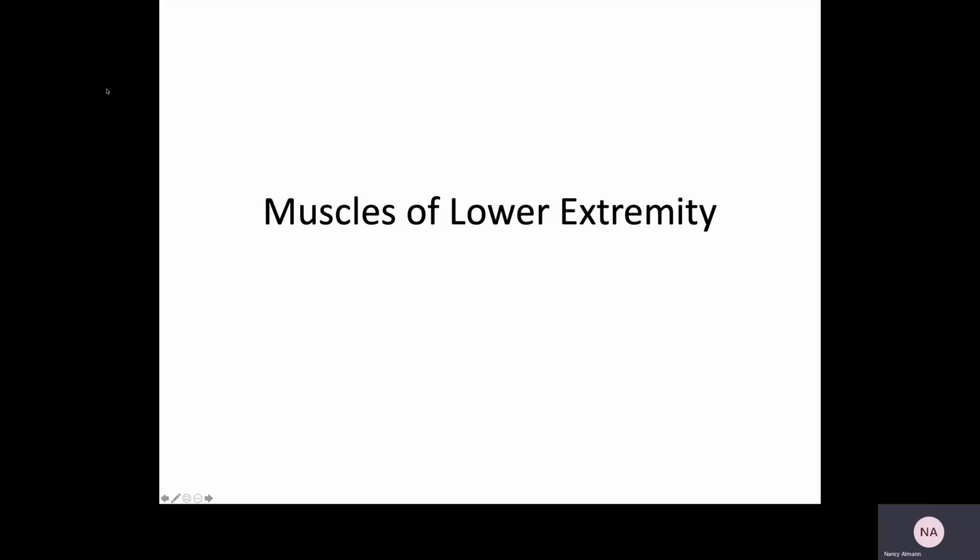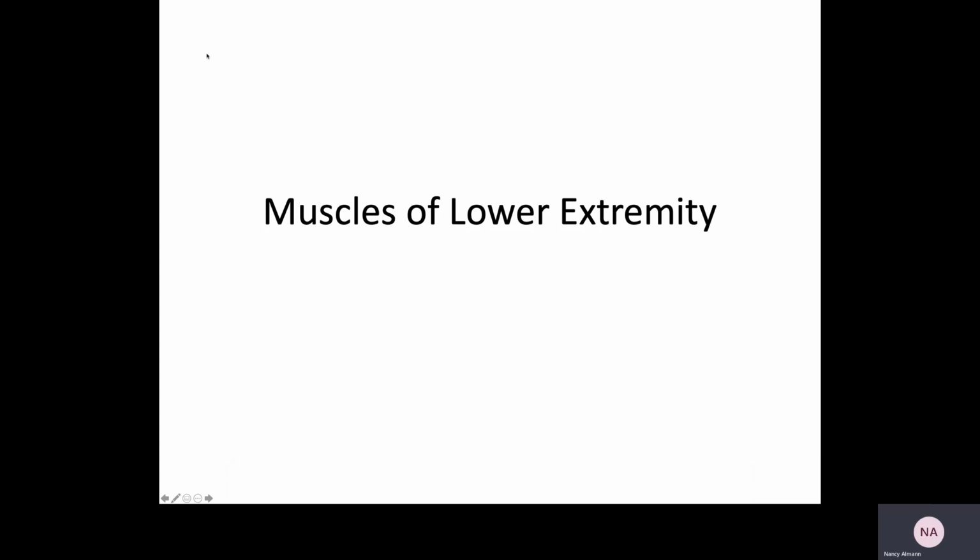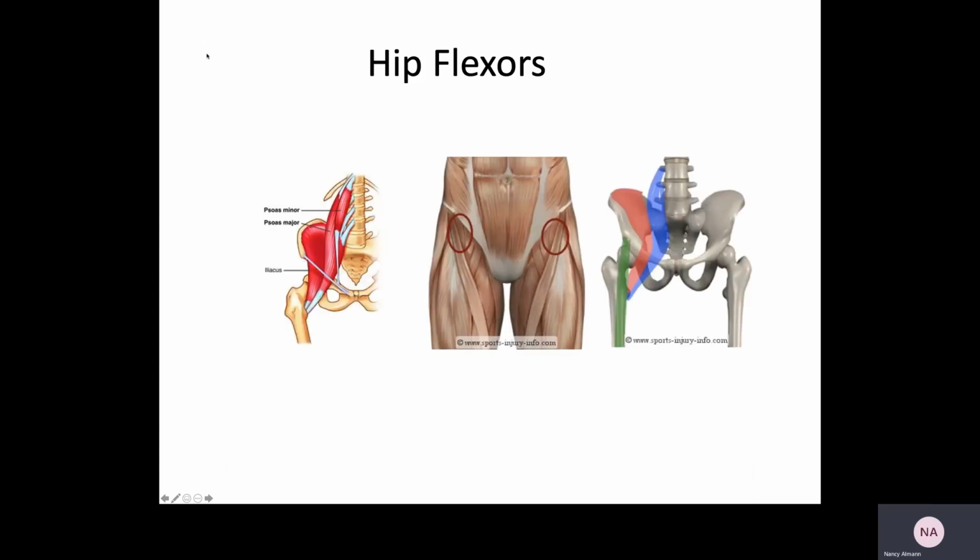Radio, we have reached the muscles of the lower extremity. Hip flexors. The hip flexors will include the psoas muscles and another muscle which is known as iliacus, which sits within the iliac fossa,